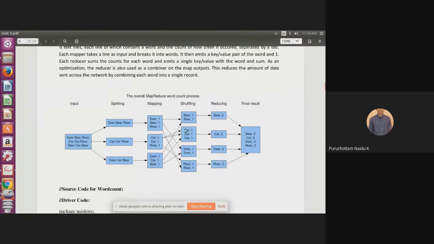Okay, so now the output of the reducer is the count of each and every word. What is the count of each and every word? So BR 2, CAR 3, DA 2, River 2. This is the output of the reducer. So the output of the reducer, the key types are which type? String type. The value types are which type? Integer types. So why I am discussing this one is,